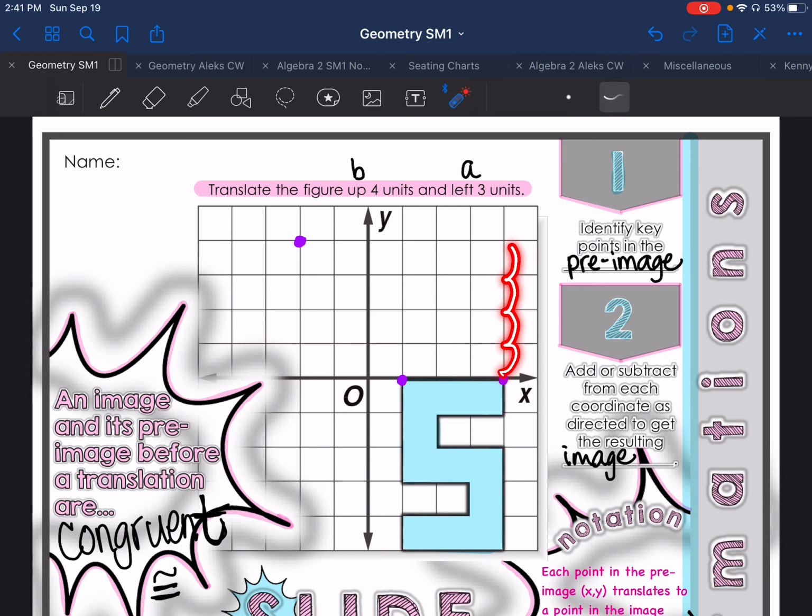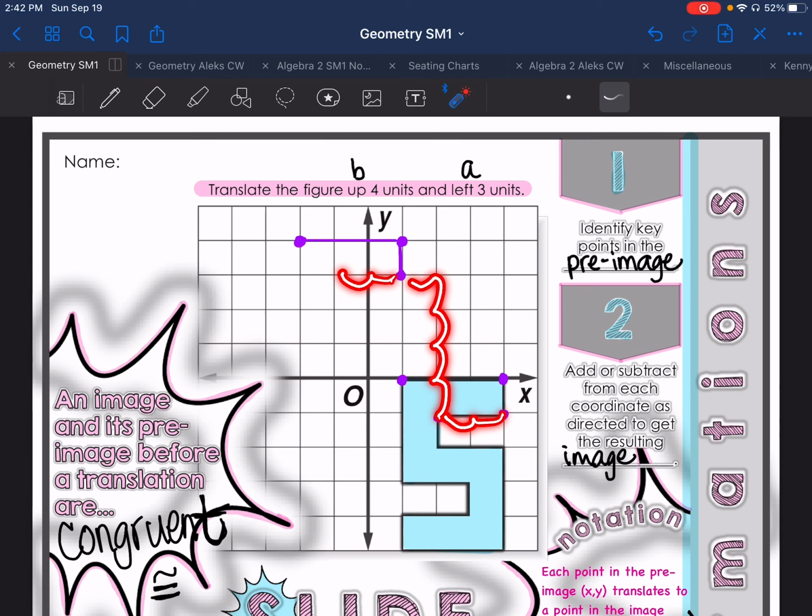1, 2, 3, 4, 1, 2, 3, right there. And I can connect those two together. And then I can just simply keep doing that, or I can say, well, this one is one down, so it's going to go one down as well. Because remember, they are congruent. This point here is 2 away, so I can go 2 away, or I can count 1,